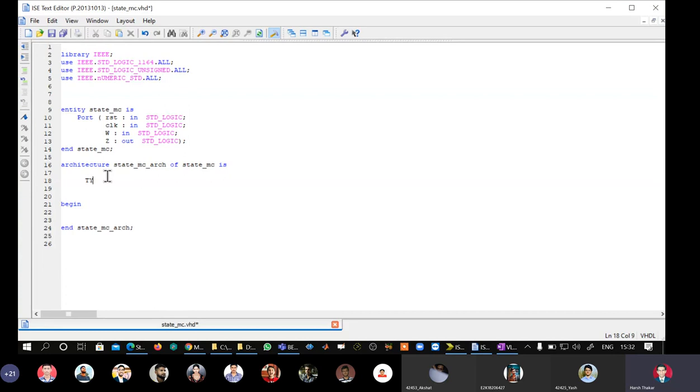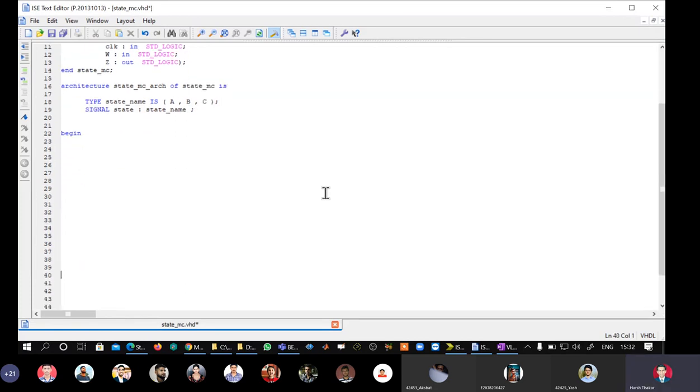We'll just say type state_name is, okay. So the new data type is defined. A signal belonging to the data type is also defined. Okay, go here.